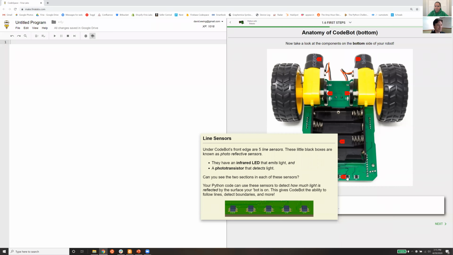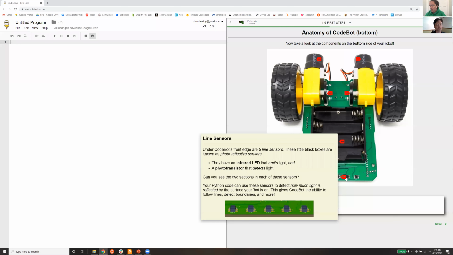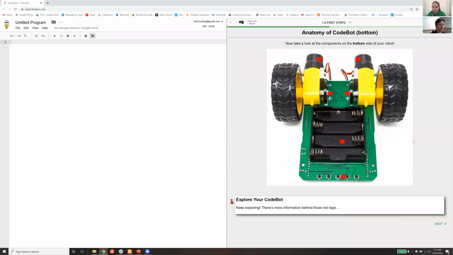So I'm going to stop with the line sensors, and I'm going to use this as our jumping off point to talk about how a student's journey would go from understanding the line sensors, wanting to know a little bit more, to needing to look at the schematic. Obviously, if you're going to do your own expansion board, which is an awesome thing to do, you'd want to look at the schematic. But let's take another